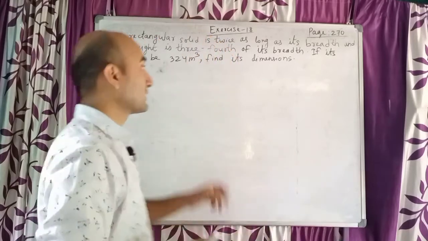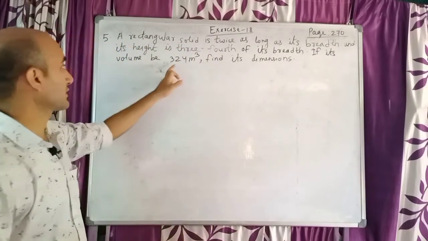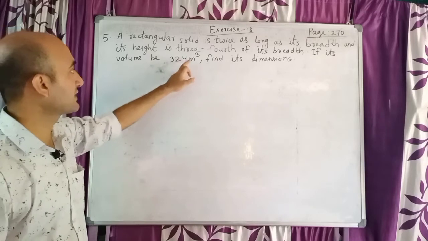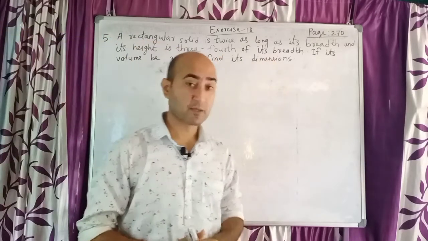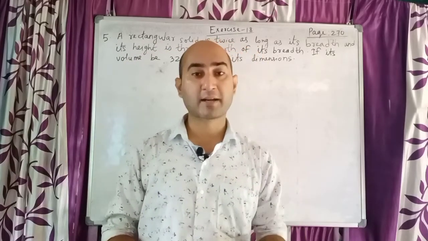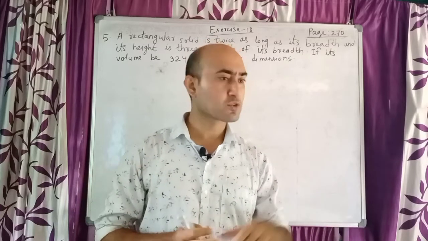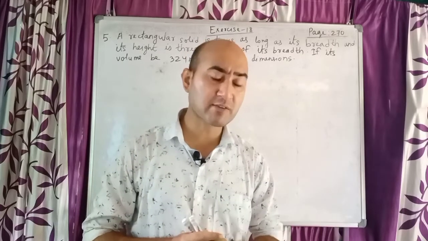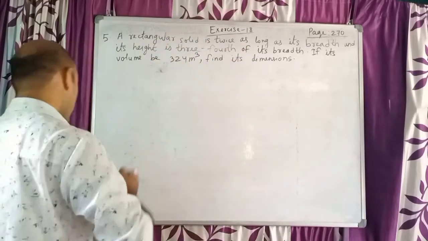The further question says, if its volume be 324 meter cube, find its dimensions. Dimensions means length, breadth, height. Nothing else is given, only volume and the relations. So in this case, children, our solution will be,